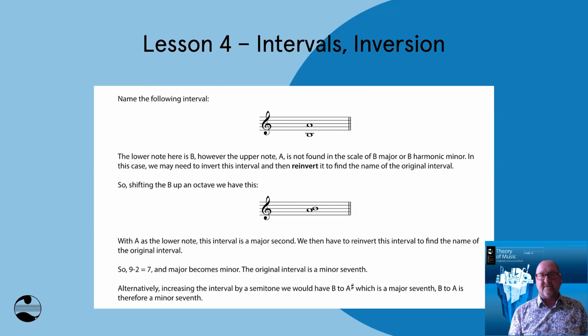The first of these is what happens when you invert a major second. If we have a major second such as E flat to F, and we invert that, we end up with F to E flat, which is, ta-da, my favorite interval, a minor 7th. And if we invert a major 7th, say C to B, we end up with B to C, which is a minor 2nd. That's the other new interval we need to focus on at grade 4. Those of you who have seen our past exams will see that we generally test both of those to see if students have really studied everything in detail.